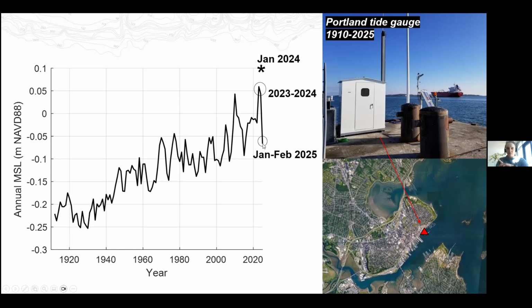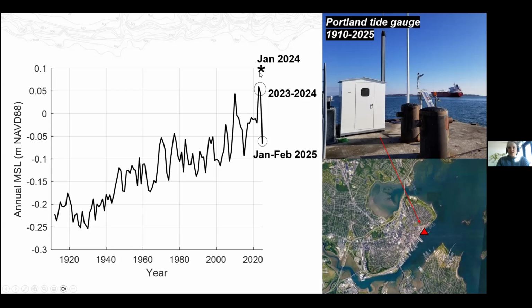So I just want to make the important point here that this is not annual sea level here. This is just January and February of 2025. We have not looked into the specifics of why this is happening. Kind of similar to the 2010 spike in sea level, it seems to be largest in amplitude and the signal's the largest in the Gulf of Maine, kind of reduced in the mid-Atlantic region, and then not detectable south of Cape Hatteras. But again, we haven't looked into why it happened.